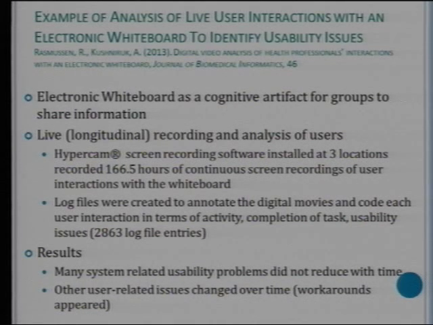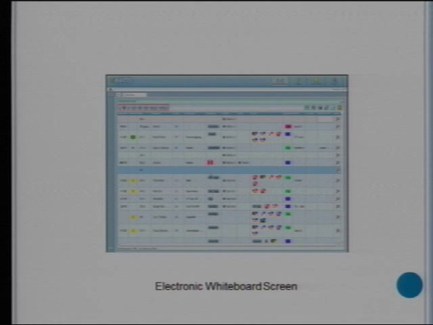And these systems were already being put in use. So there were many system-related usability problems that we were looking at, ones that reduced over time, and other ones didn't change over time, and some even seemed to get worse over time. The organization didn't seem to adapt. Although we didn't control for who came into the emergency departments, they might be new people coming in. That was the electronic whiteboard screen, a typical electronic whiteboard screen, but we had hours of continuous running data on the live situation. I'll just show some examples.